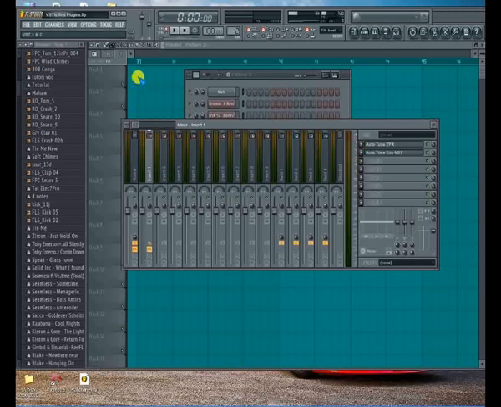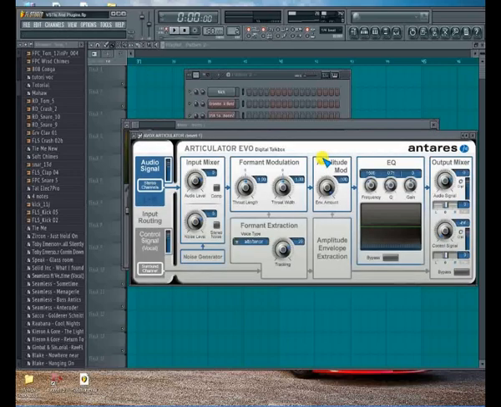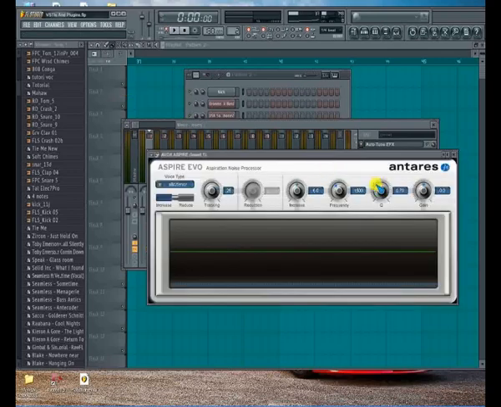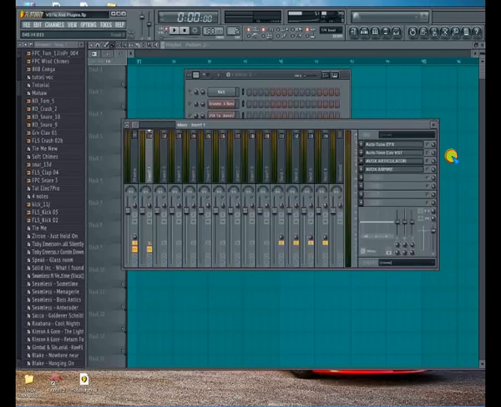Let's go fast now. When you get the Auto-Tune vocal bundle, it comes with the articulator. This is the Antares Auto-Tune articulator. I bought these things. I can't tell you the prices offhand because I want to be very sure. I have to go online to check how much I paid from my PayPal account to purchase these things. You can have Auto-Tune Aspire, which checks the breathiness of the song. All this comes with